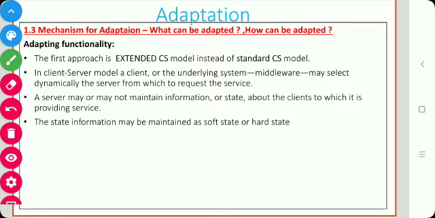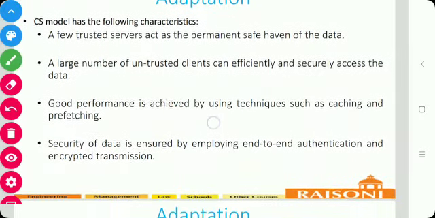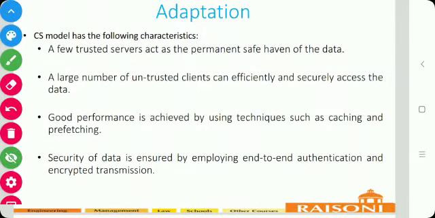Specifically in the case of data servers, the CS model has the following characteristics. First is, a few trusted servers act as a permanent safe haven of the data. Means all the data is safe permanently. Second is, a large amount of untrusted clients can efficiently and securely access that data.